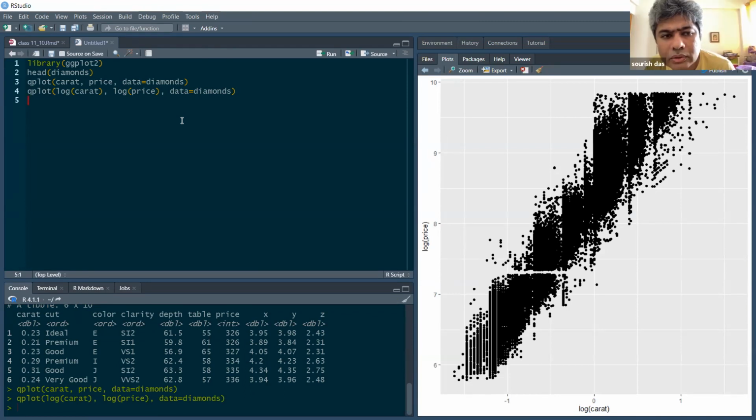Why not carat versus log of price, would that also have worked? Okay, try that, Abhishek. I don't know. Try that, yeah.